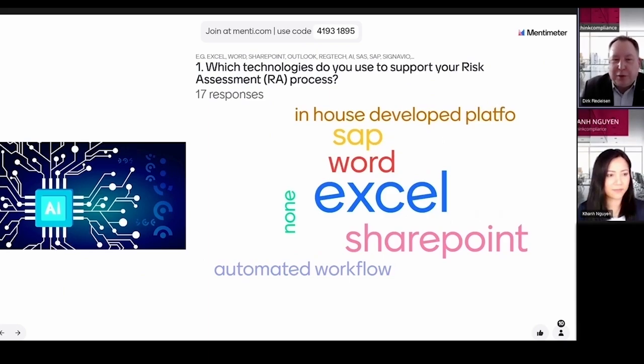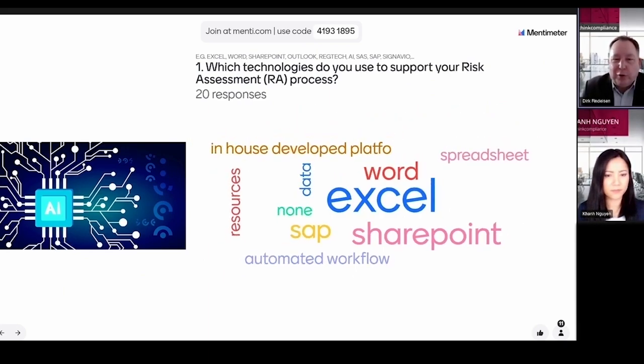It's also interesting because in a minute I will take you on the journey to build a risk assessment that's at least easy to understand for everyone, because obviously it all starts or ends with Microsoft Excel, as I can see here.